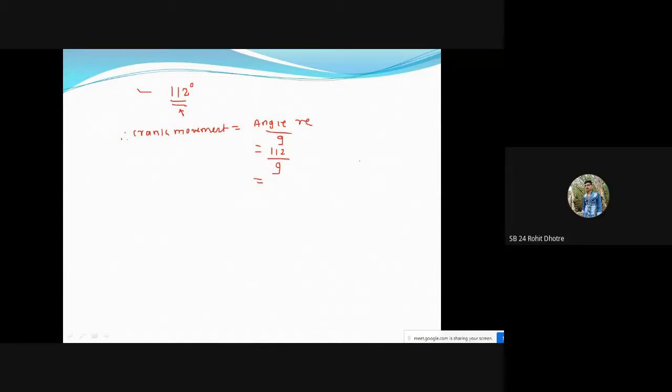12.4. No, I do not require that answer in decimal point. Suppose you can directly make it like this: 9. I'm going to write here 9. What is the answer? Here 2 is remaining. Suppose 22 is there, so we will take here 18. Here we are writing the 2 here. So what is remaining? That is 4 is remaining. So can I write here like this?